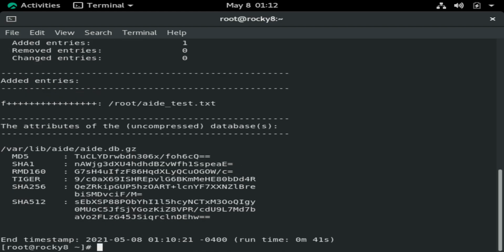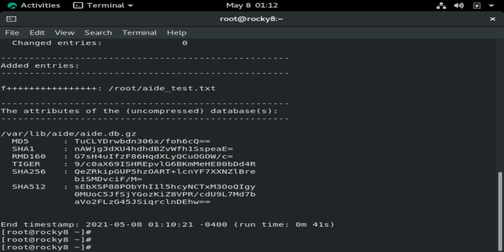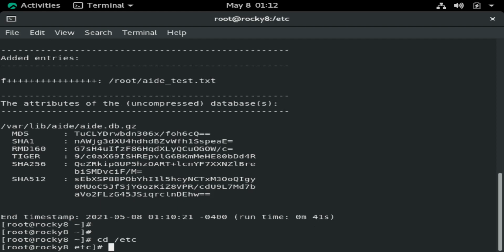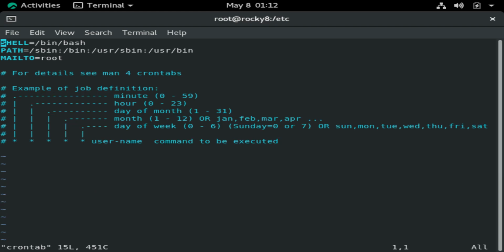Okay, so the final step here for this video, to keep this video brief, is to add the execution of the AIDE --check to a cron job. So what we're going to do is cd to the etc directory. I am root still, and I'm going to do a vim on crontab because this is an actual file, see? And then what we're going to do is come down one line, insert mode, and we're going to say at midnight,